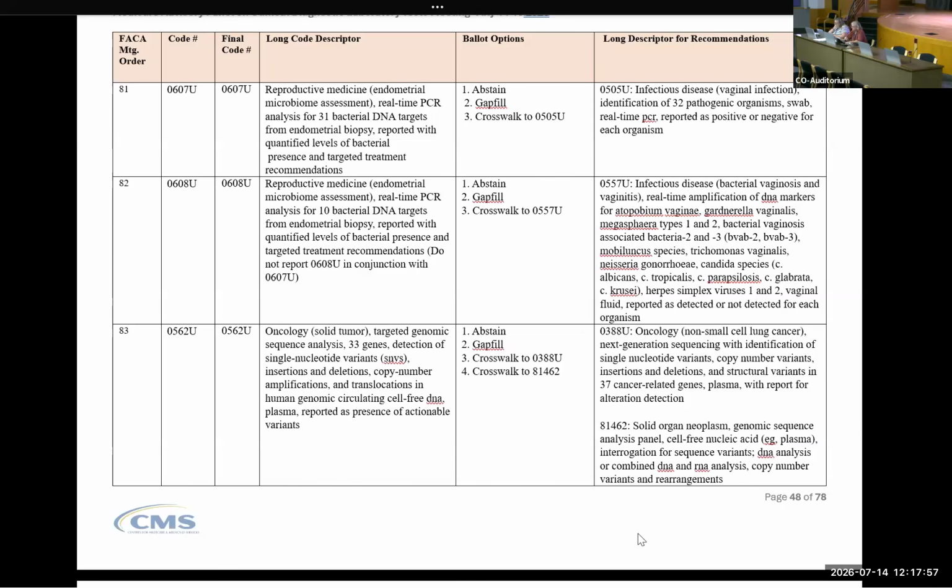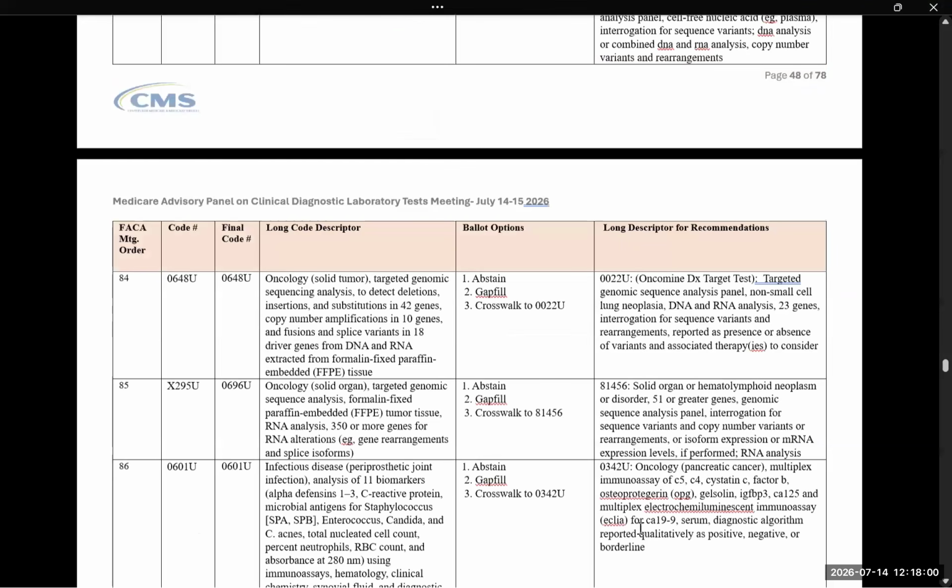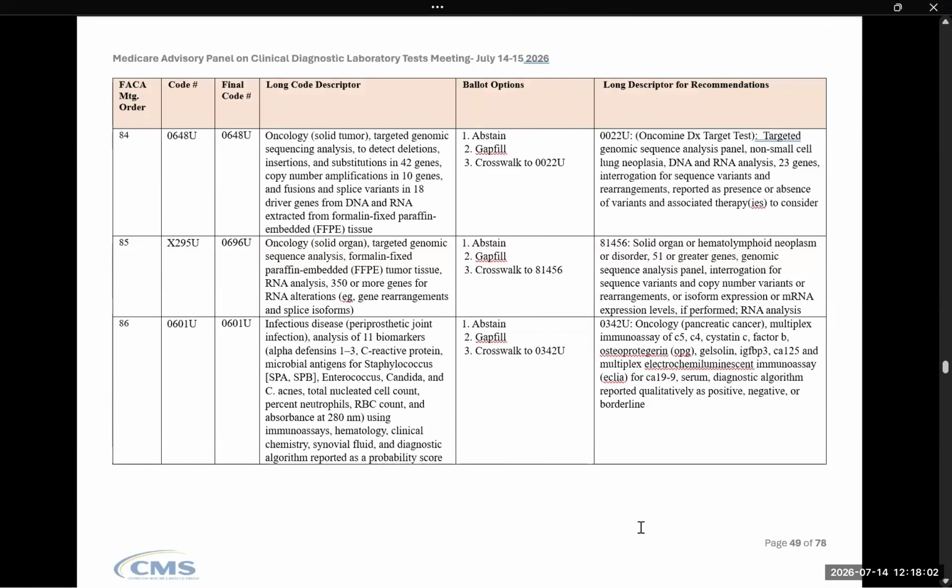Okay. All right, Alina, we're sticking with you. Next code up is 0648U. So code 0648U is Thermo Fisher's Oncomine DX Express test, an FDA-approved comprehensive genomic profiling assay from fixed tumor tissue. It performs combined DNA and RNA next-gen sequencing across 46 genes, detecting sequence variants, copy number changes, and gene fusions on the rapid automated Genexus sequencer, and it carries an on-label companion diagnostic indication.